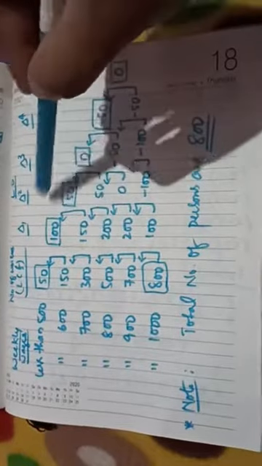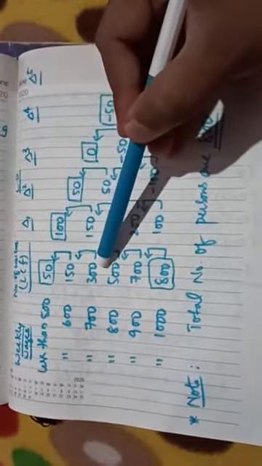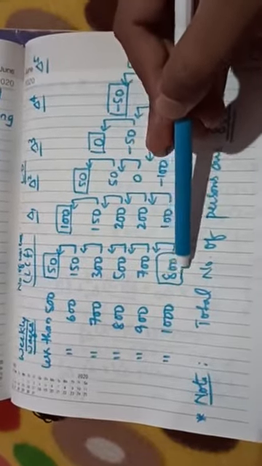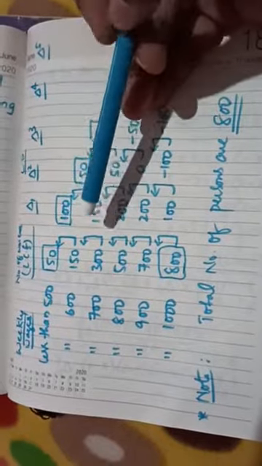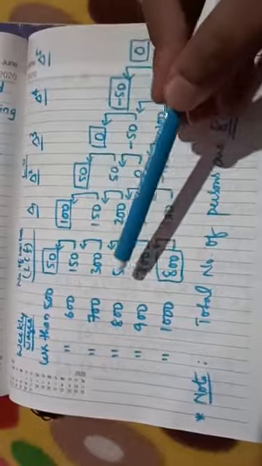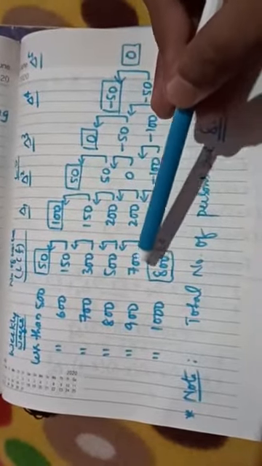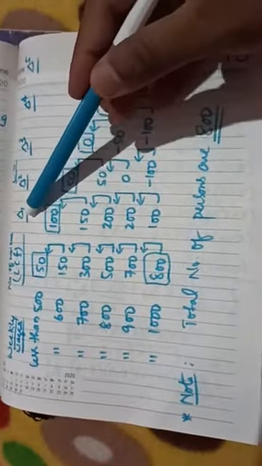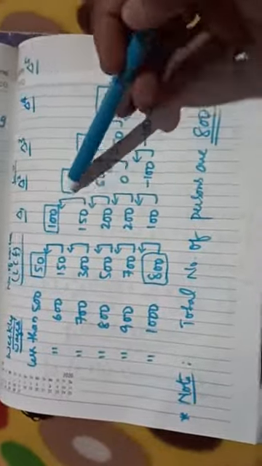First, delta 1: 150 minus 50 becomes 100, 300 minus 150 is 150. You know that 2 minus 1, 3 minus 2, 4 minus 3, 5 minus 4, 6 minus 5. This way the forward leading differences should be calculated. So 150 minus 50, 100. 300 minus 150, 150. 500 minus 300, 200. 700 minus 500, 200. 800 minus 700, 100. This is delta 1, and the first box becomes the first leading difference.